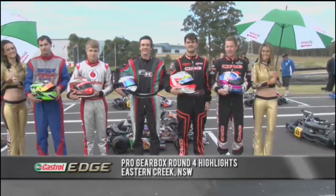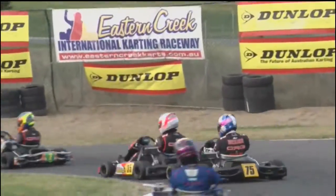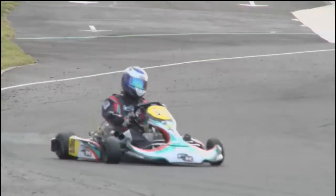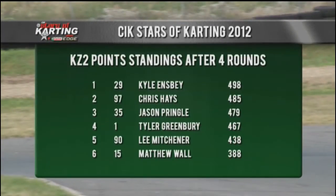After 2 disappointing rounds, Ensby had lost the points lead to Hayes. However, the Sunshine Coast driver bounced back to claim the round win in round 4 at Eastern Creek, ahead of the consistent Mitchner and Greenbury. This leads us to the final round at Port Melbourne, where Ensby holds a slender 13-point lead over Hayes in the standings. Sitting in 3rd place is CRG driver Jason Pringle, followed by Tyler Greenbury and local driver Lee Mitchner